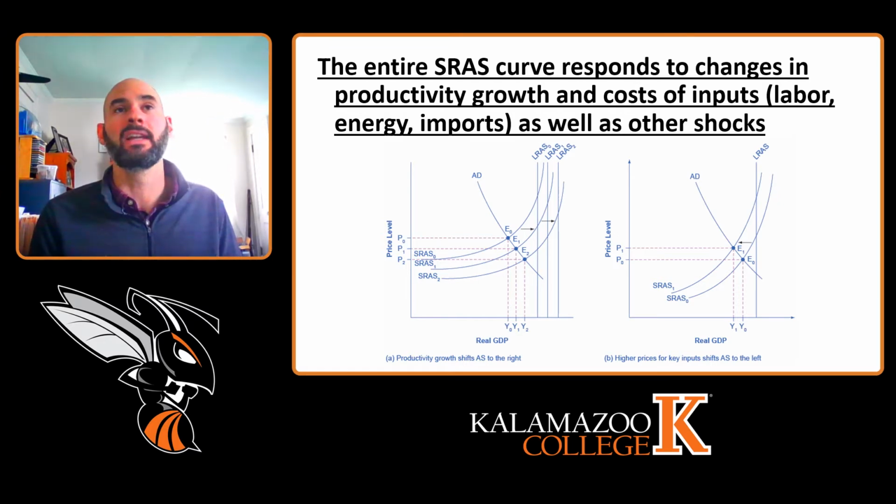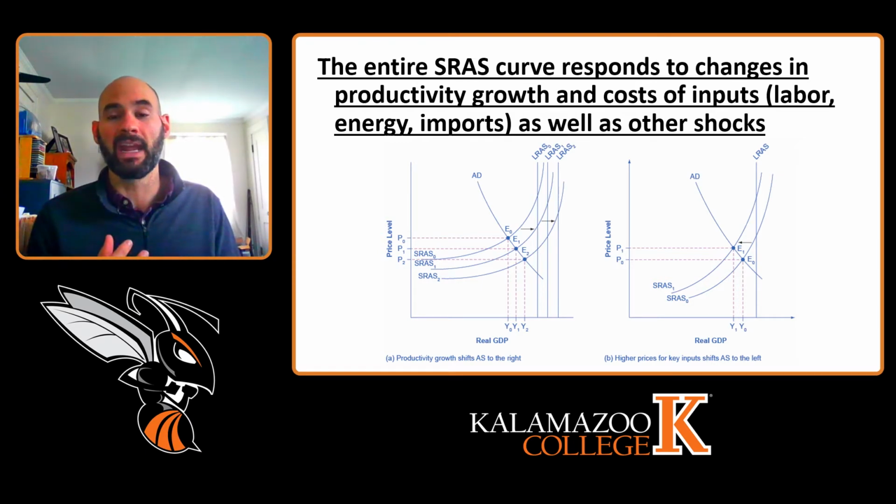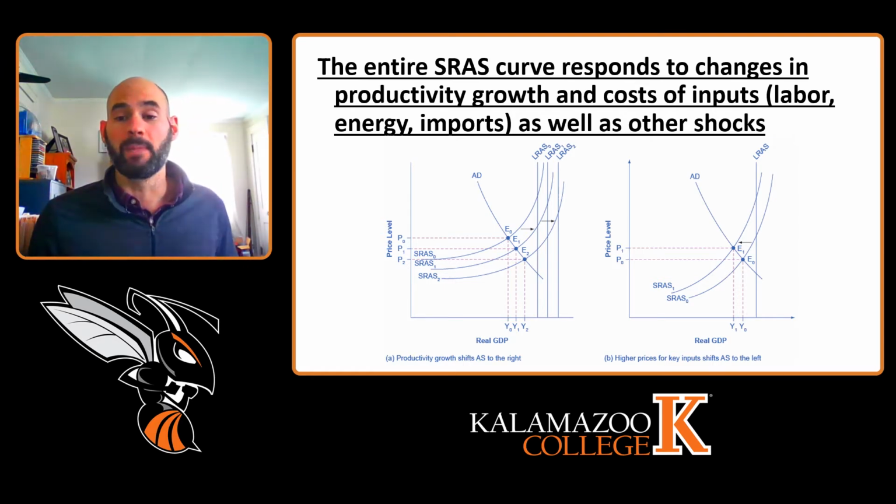So not necessarily thinking about the price of one type of worker, that maybe painters or pipe fitters now get paid a higher price, but that labor throughout the economy is going to get paid a higher wage, or that we are now paying a higher price for certain types of energy, that if there is a